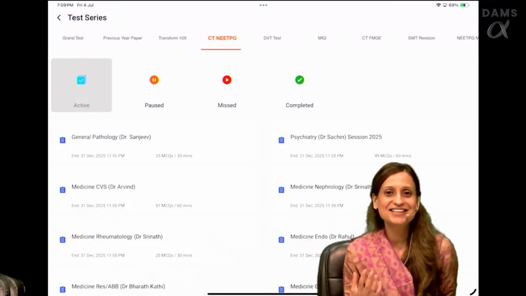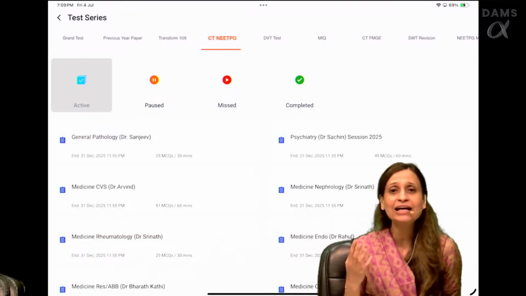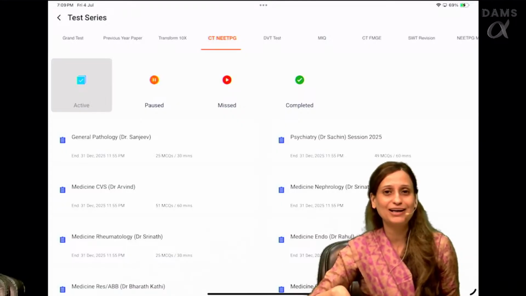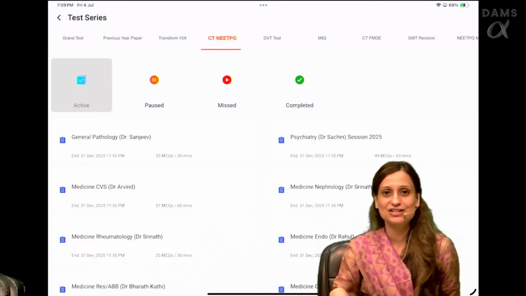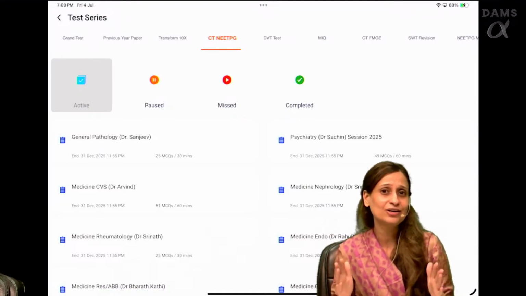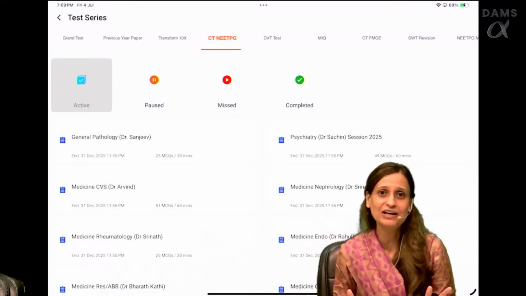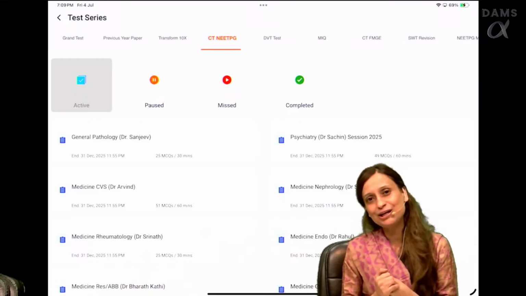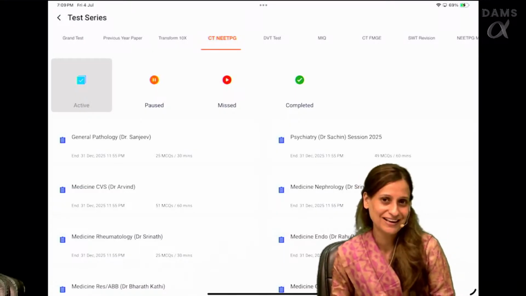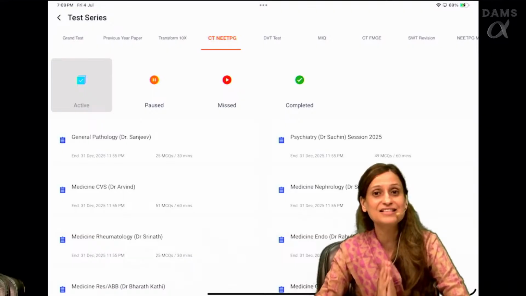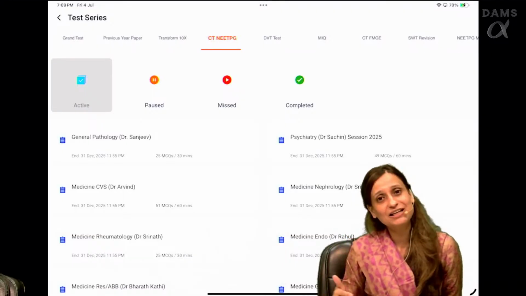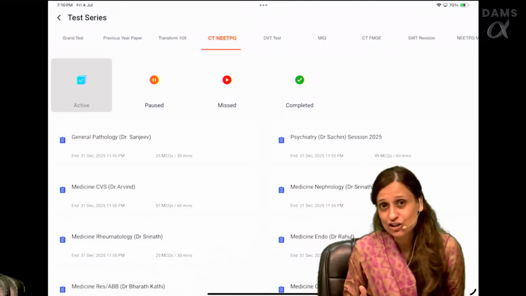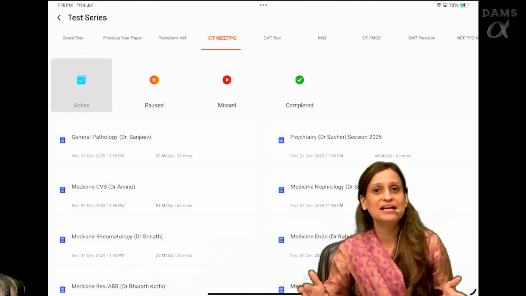As I said, the CT is made by the faculty and it is based on the current pattern of exams, which means the class test is based on the last 3-year PYQs. When I say current pattern, we mean the last 3-year PYQs which are available in this CT. Every student must give the respective CT once they finish the subject as a spaced repetition.